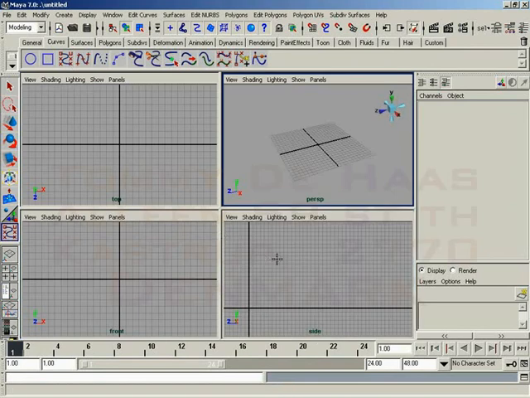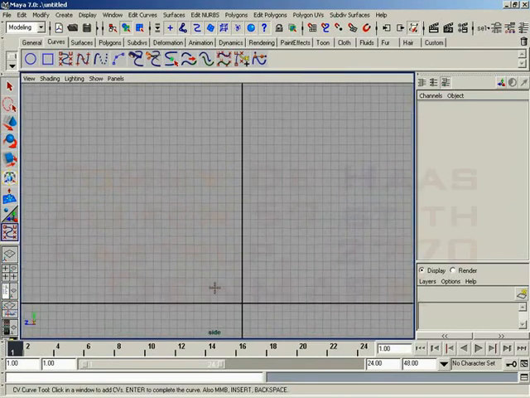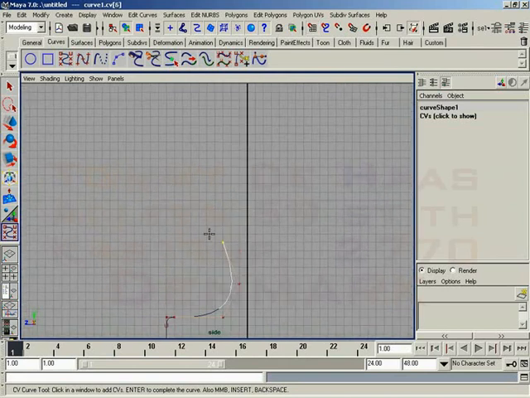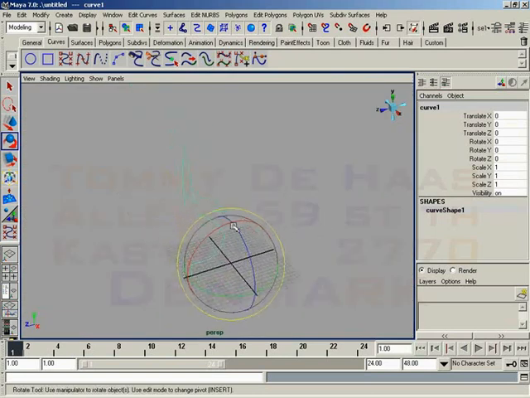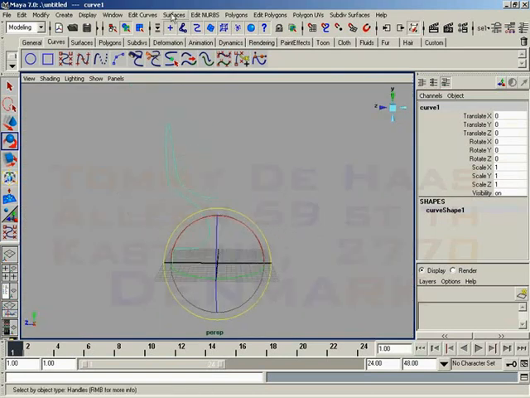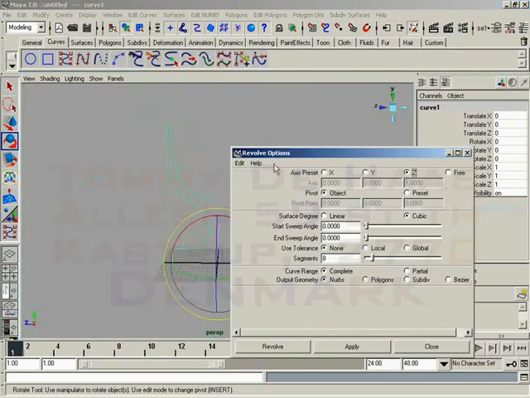I'll start off by grabbing my CV curve tool, and let's come over here to the side view, and I'll click out some points, and we'll do sort of a tried and true, very common example of this command. Notice I am grid snapping, which you don't necessarily have to do. It's just going to make my life a little bit easier. All right. So there's our curve, and now I can come under Surfaces, Revolve,